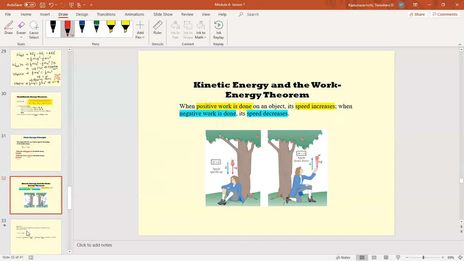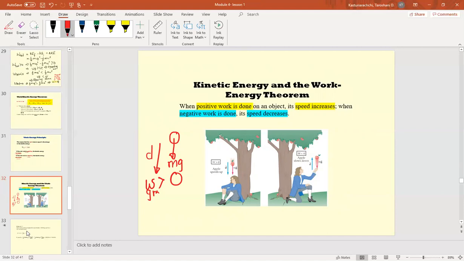Remember, let's say an apple is falling down, right? What is the work done by gravity? mg, and it's falling down, displacement the same direction. Therefore, we know work done by gravity is positive. So that means it should speed up, right? From when we talked about free fall, we saw that at each second it's gaining speed of 9.8 meters per second.